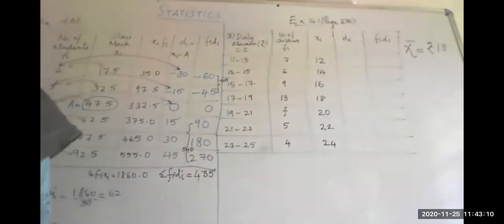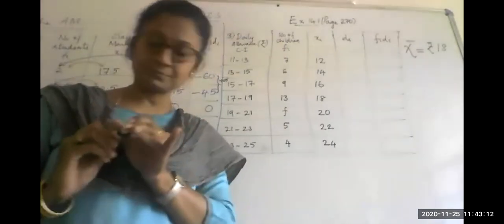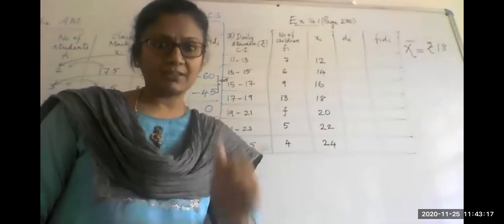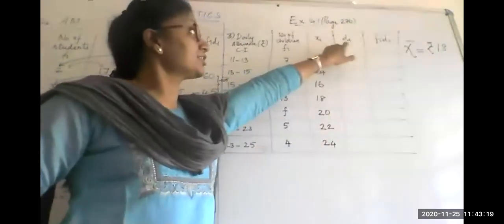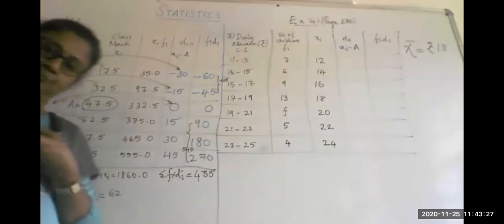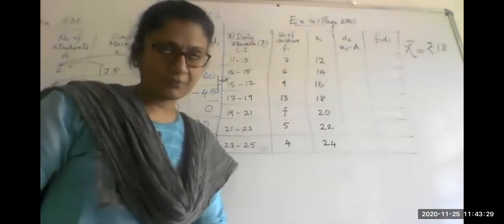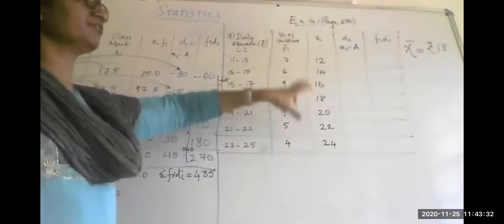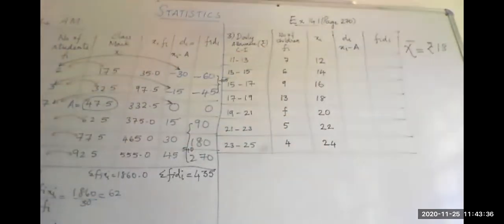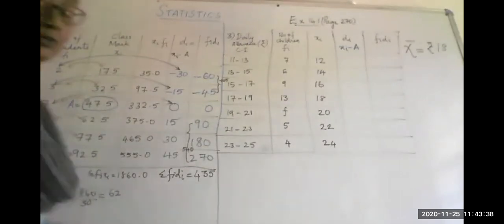Next, what's the next step that I have to do? Deviation. For the deviation you need something. To find the deviation you need the assumed mean. So what is it that you have to decide now? You have to decide on an assumed mean from which value? From the frequency or from the xi? Class mark, xi. From the xi values, please be careful.